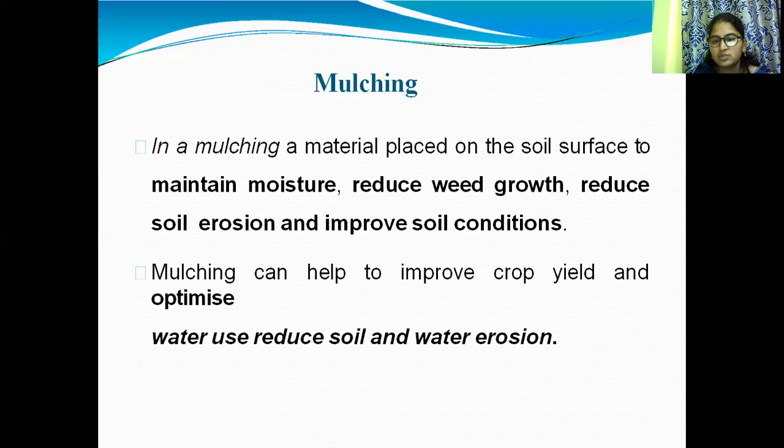Mulching can help improve crop yield, optimize water use, and reduce soil and water erosion. These are the different techniques for reducing soil erosion.